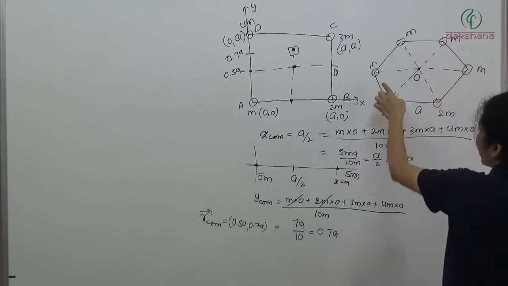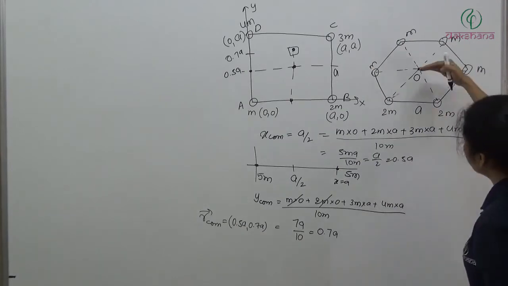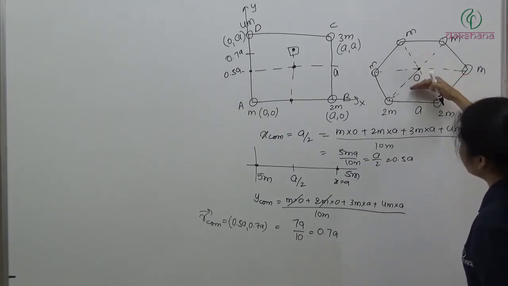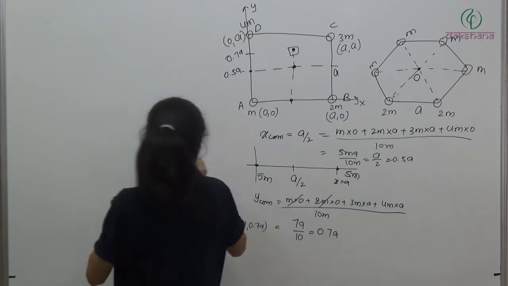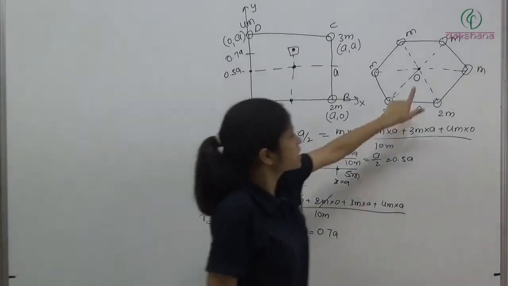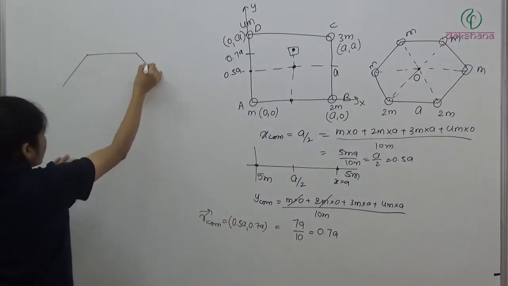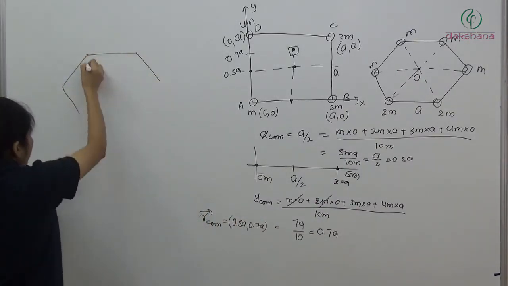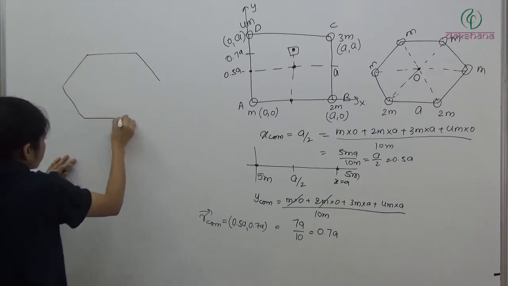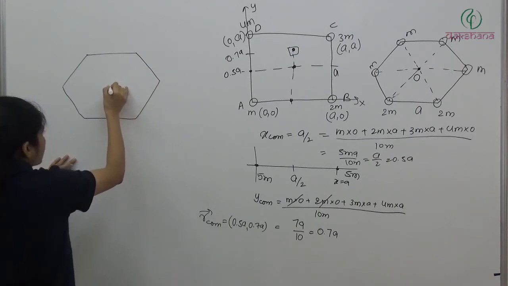But now we have 4m here and 2m here. Clear? So the center of mass is going to lie somewhere down this line. We'll try to find that. Now I will take this as the origin. Okay? As you gradually solve problems, you will come to know how to take the origin and all this. So I am taking this point as the origin.